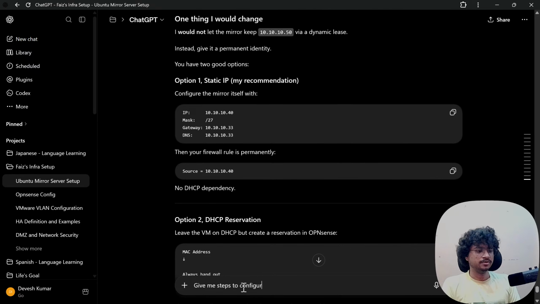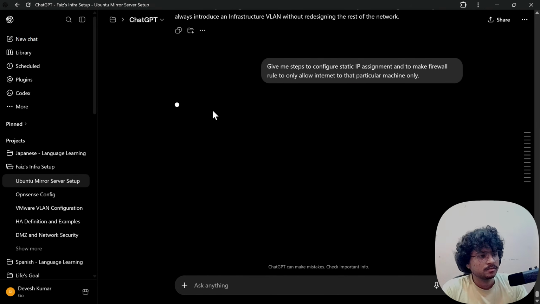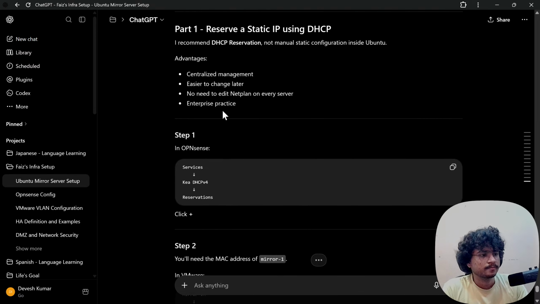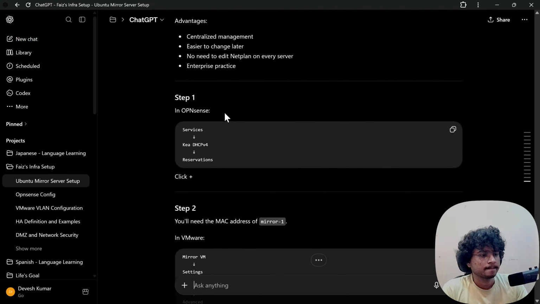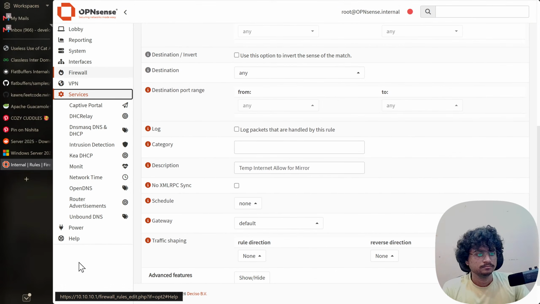Steps to configure reservations. Man, we have reservations here as well.